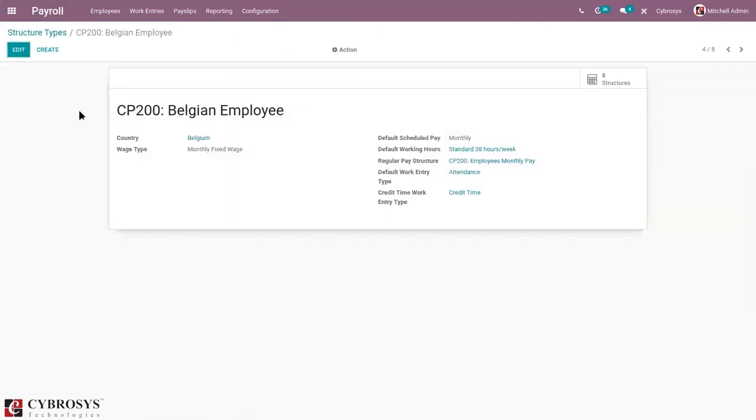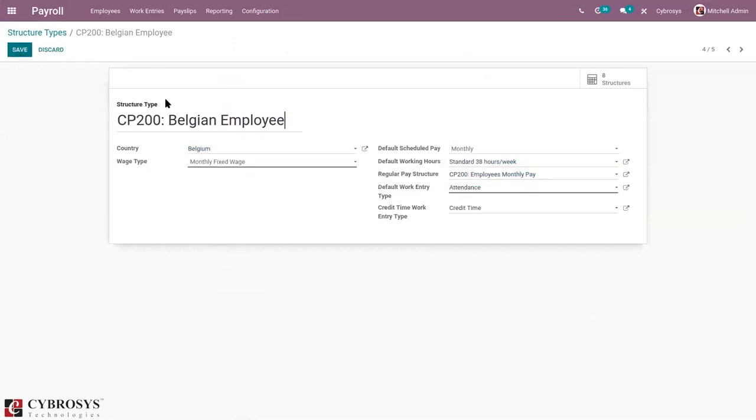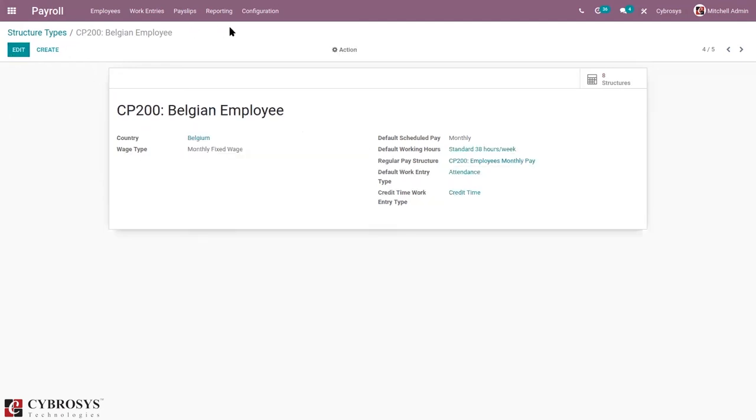When you open one, here we can see the country which uses the salary structure type, the wage type set for that salary structure, the default working hours, the regular pay structure set, and the default schedule pay for the structure type.